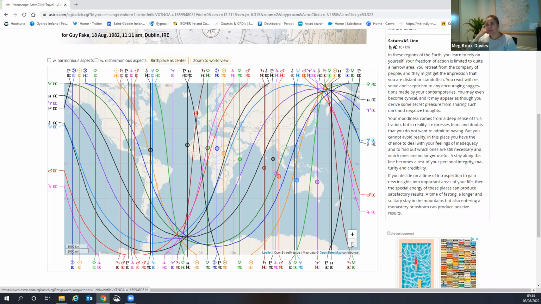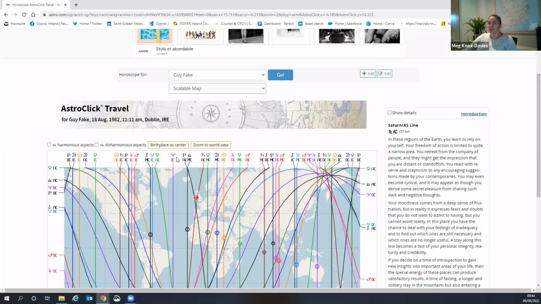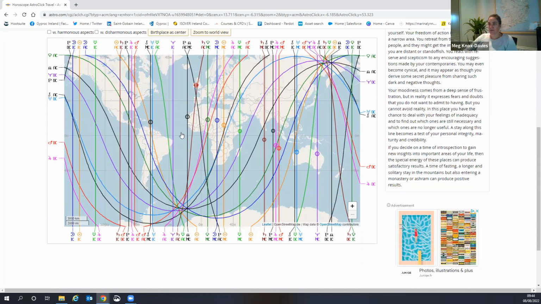And that's not to say that there isn't a way for us to tap into that energy. So in another episode, I'll talk about how you can actually tap into the various lines remotely. But for now, we know how to set up our Astro Map. Now, because we've made this fake account for Gaia Fake, you can look at the map this way, and then